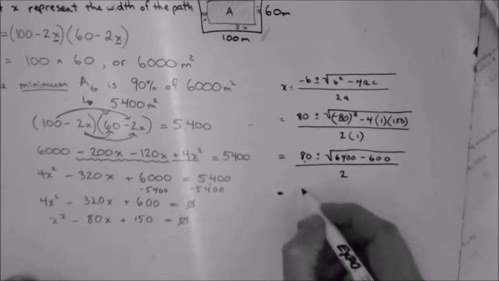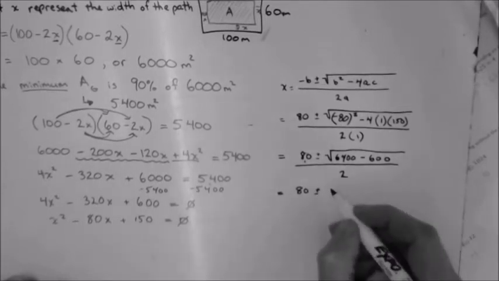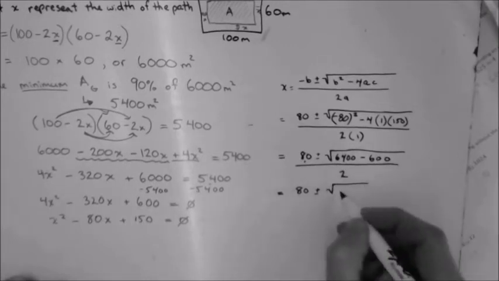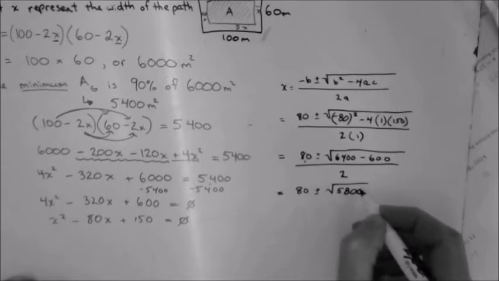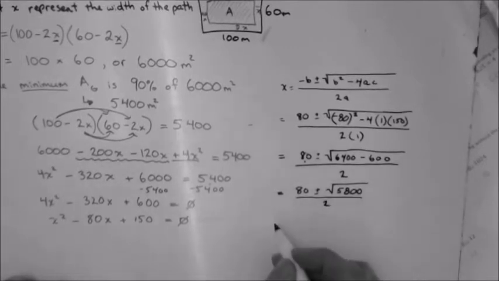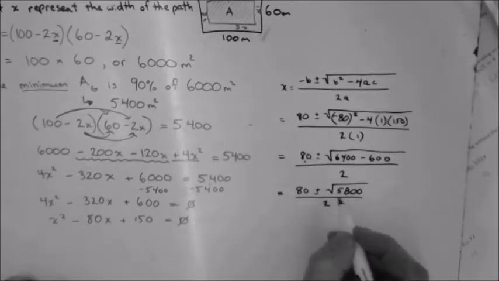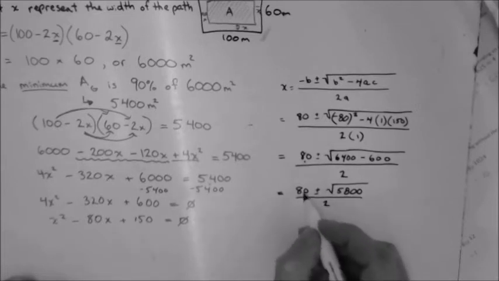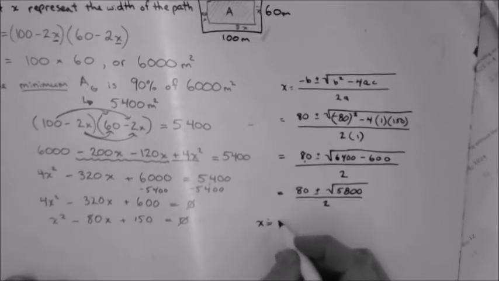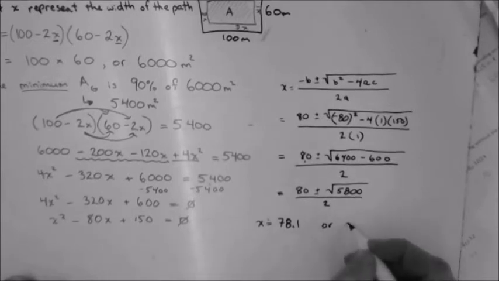One more step before I get my calculator out. 6,400 minus 600 leaves me with 5,800 under the radical sign. That over 2. It's going to give me two solutions in my calculator. I'm going to do 80 plus this divided by 2, and then I'm going to do 80 minus this divided by 2. And what we end up getting as our solutions for x is approximately 78.1, or x is approximately